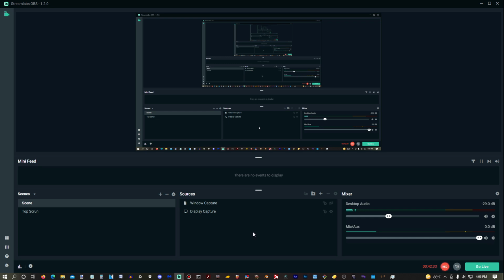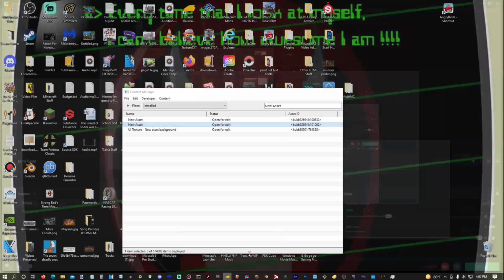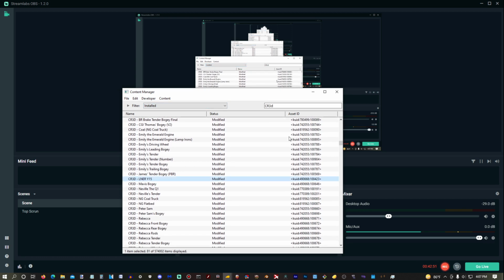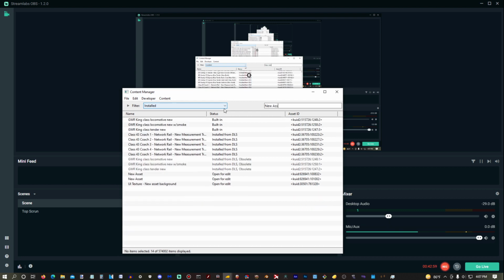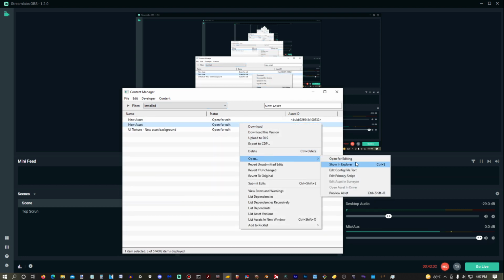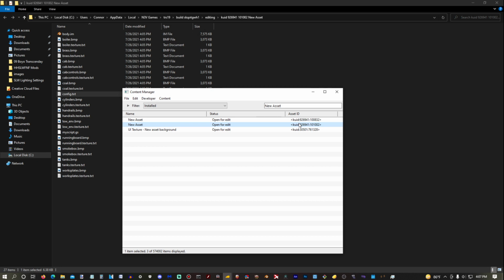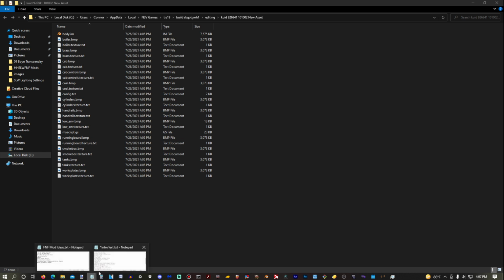Okay, in case you guys missed everything, simply put, afterwards we go into Trainz, open Content Manager, and then just get the CR3D LNER Y15 or something like that, and then you go to content and clone. Then afterwards, you look for new asset. Then you show in explorer, and the way to make sure you know which one's the newest, the one you just made, is the second number is the highest. Whichever second number is higher, that means it's newer. That makes sense. It better make sense. Now,